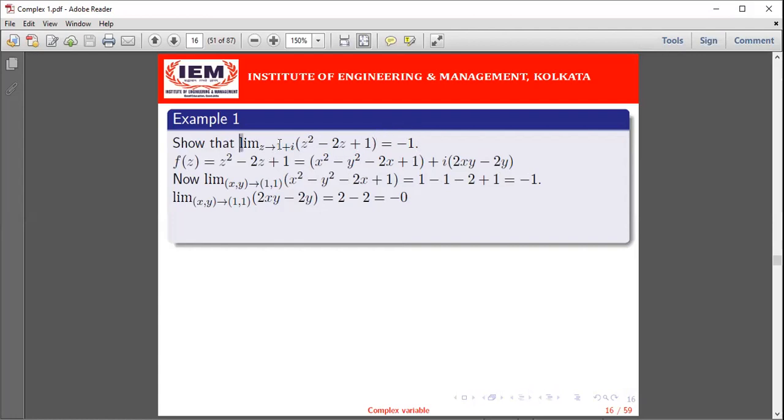So instead of finding the limit for the function of a complex variable directly, we can segregate the functional value into real and imaginary parts. At the given point, we can find the limit for the real and imaginary parts separately. Then by combining the limits of the real part and imaginary part, we can get the entire limit for the function of a complex variable. Is that clear? Yes, sir.